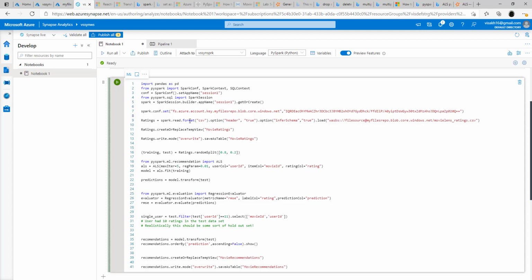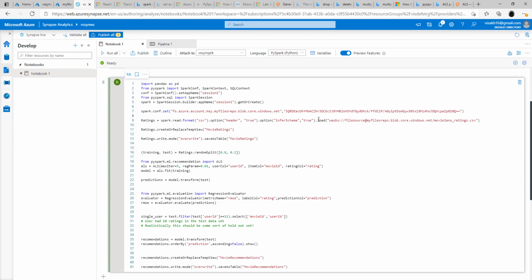For that purpose we'll be making use of spark.read.format, and here we are using a CSV file as a source, so we'll set the format as CSV, and the first row will contain the header information, so we'll set the header option to true. And also we need to make sure that the data types of the columns are being determined correctly. For that we will set infer schema also to true. So once we set these three options, it will ensure that it is going to read a CSV file which is having header as the first row, and it will automatically try to determine the schema from the headers. Depending on the data, it will automatically generate corresponding data types for the columns.